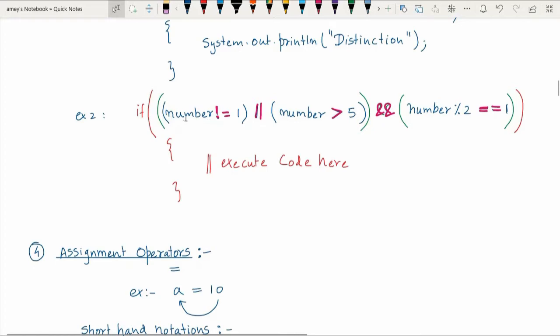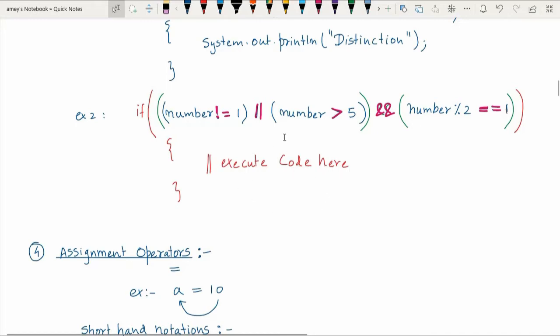It just says that if the number is not equal to 1 or if the number is greater than 5, that means any one of these is true, and if number mod 2 is equal to 1, now here double equal to does not mean assignment, it means it is comparing the left hand side and right hand side. If number mod 2, that means the number is divided by 2, if the remainder happens to be 1, then you execute this particular code.